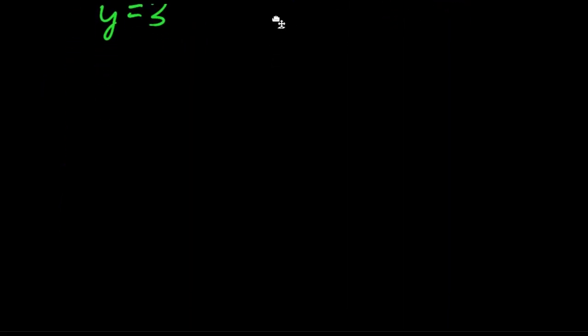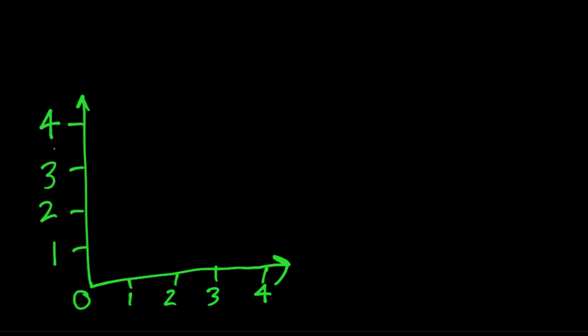So let's try that. I'm just going to make a makeshift graph here. So here's the y-axis, here's the x-axis. So we'll start at 0, 1, 2, 3, 4. Same here, 1, 2, 3, 4. Okay, perfect. So now let's look at the lines that we were given before